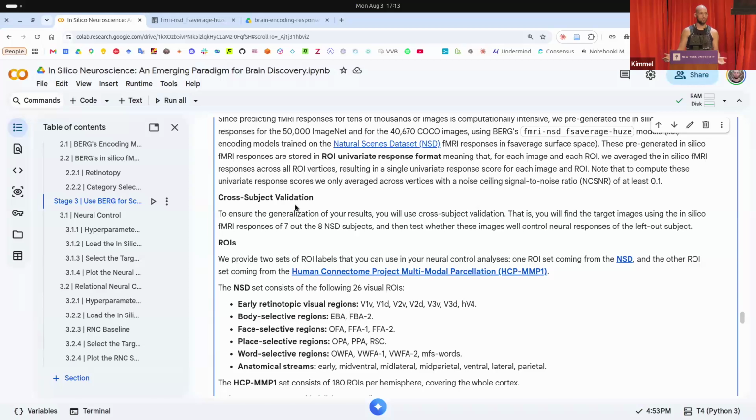Of course, you will find images that drive responses in an area in a specific subject. But that could be due to the images actually meaningfully driving that area, or it could be noise-induced or an artifact related to the model. So the images end up driving the in silico responses for that area in one subject, but it's not due to underlying signal, it's just due to model noise. So instead, what the tutorial implements in the code is that you will search for the controlling images,